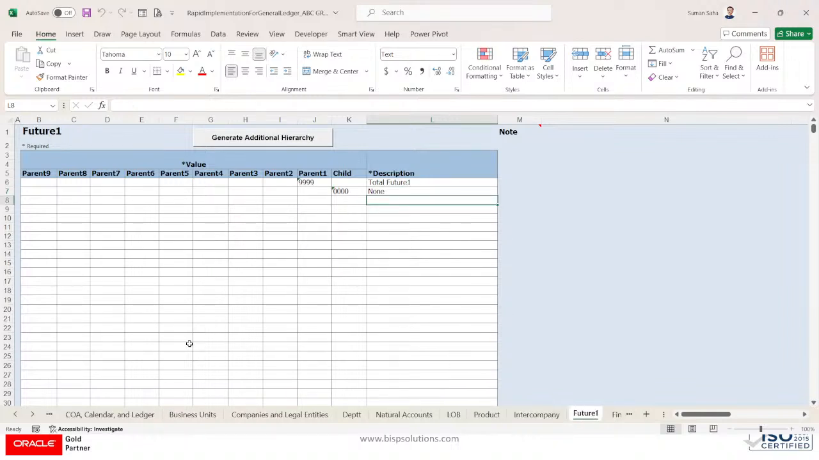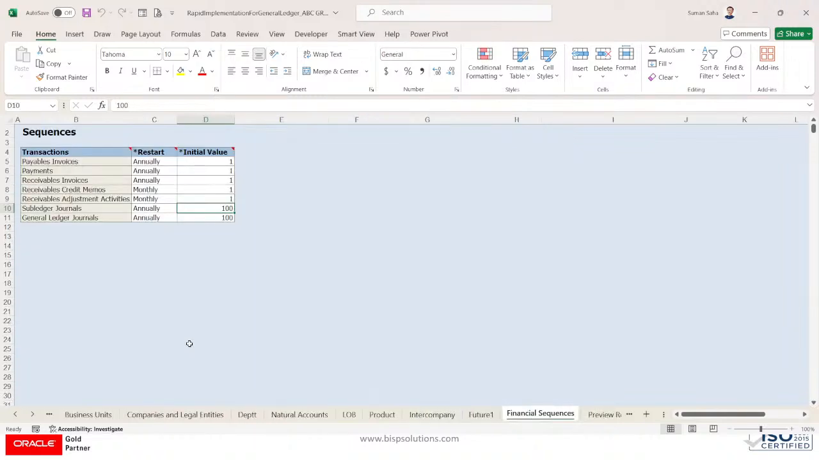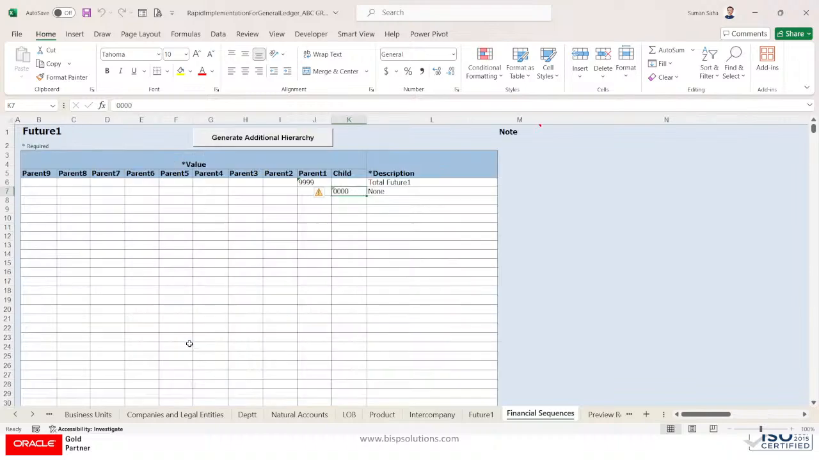So in the future one, I have selected the future one here, and I am capturing it with the none value, right? And the financial sequencing I provided is annually, and all are annually. So that will be annually, and this one is monthly. So it will be monthly, and this will be the annual starting date, right? So let's go to